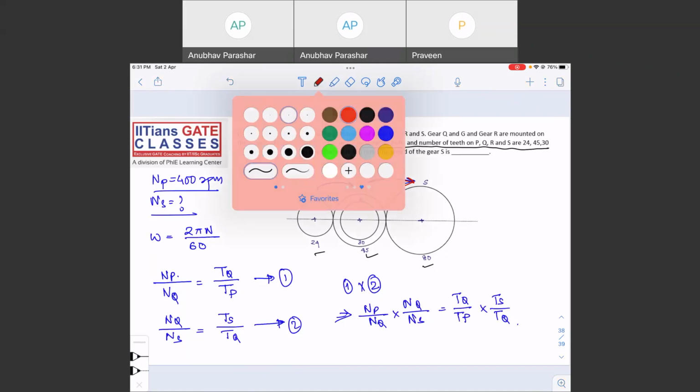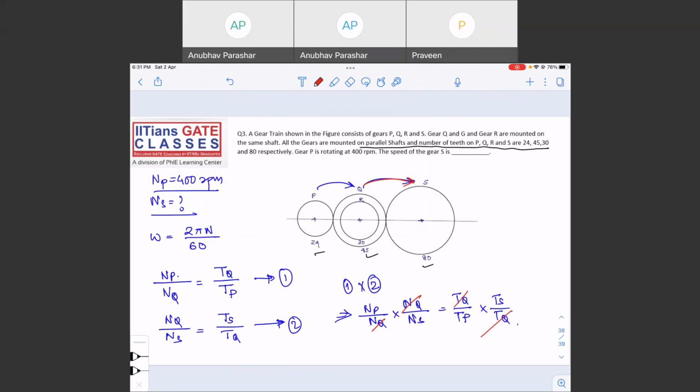Let us very swiftly cancel these things. So what is the value of NS now? Cancelled, NS is equal to NP into, sorry, TP